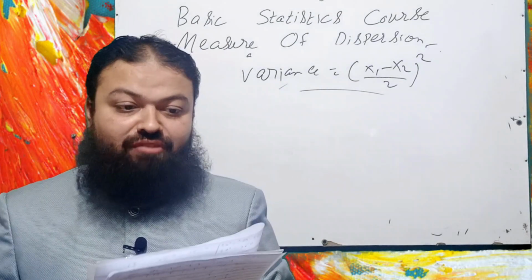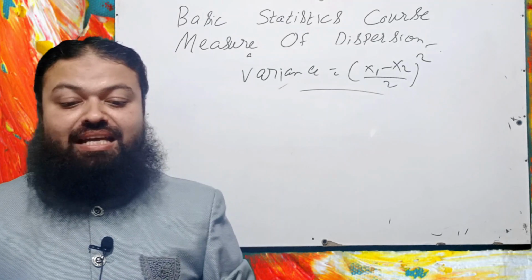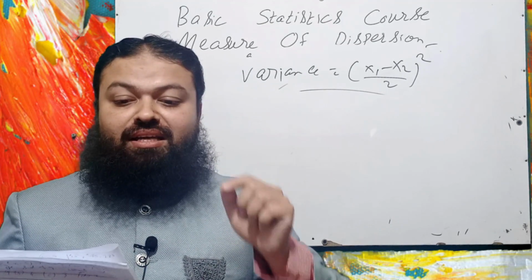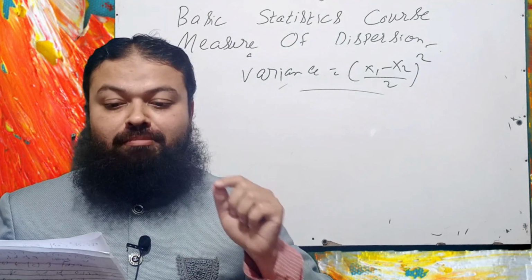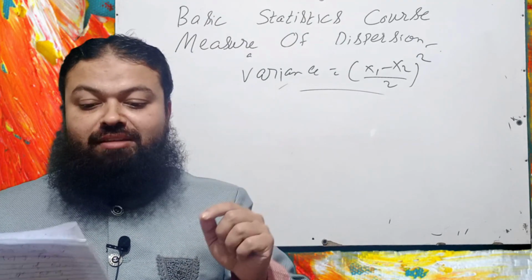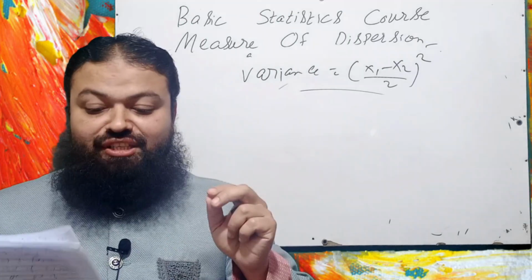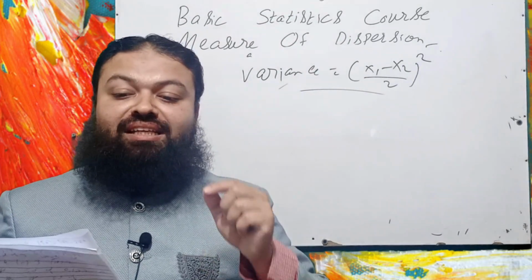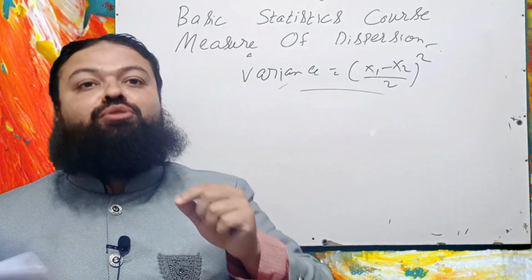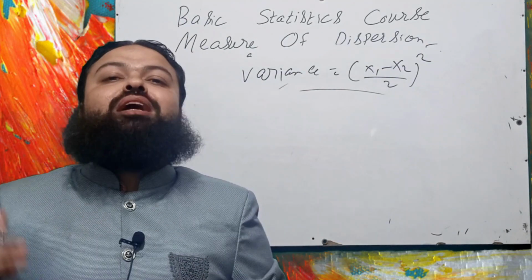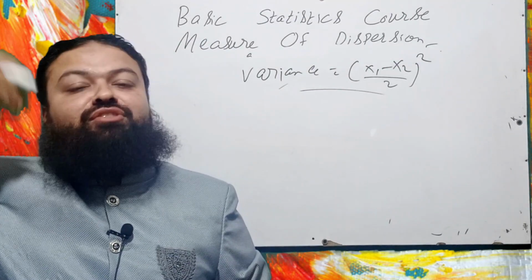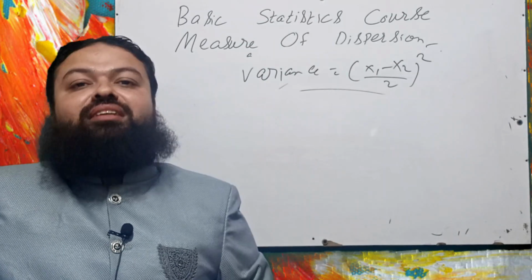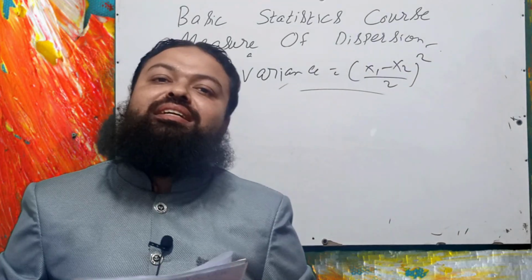Now question number 12, which is the last question of today's lecture, and that is: standard deviation is expressed A part in the same unit of measurement, B part free from unit of measurement, C it is in percentages, D none of the above, and A will be the correct option. It is expressed in the same unit of measurement. For example, if you have the data in inches, then the standard deviation will also be in inches. If you have the data in centimeters, then the standard deviation will also be in centimeters.